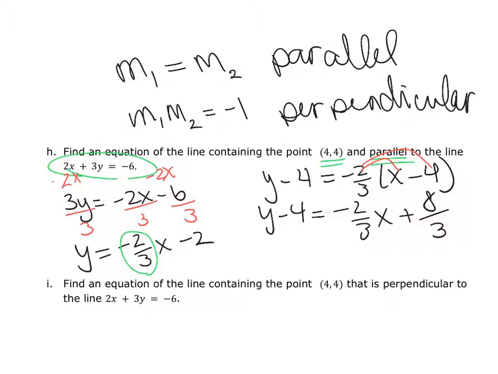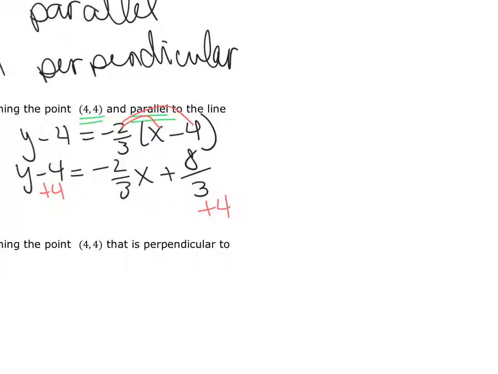And then I still need to move my 4 on the left side to the right side, so I'm going to add 4 to both sides, and so I have y is equal to negative 2/3 x plus